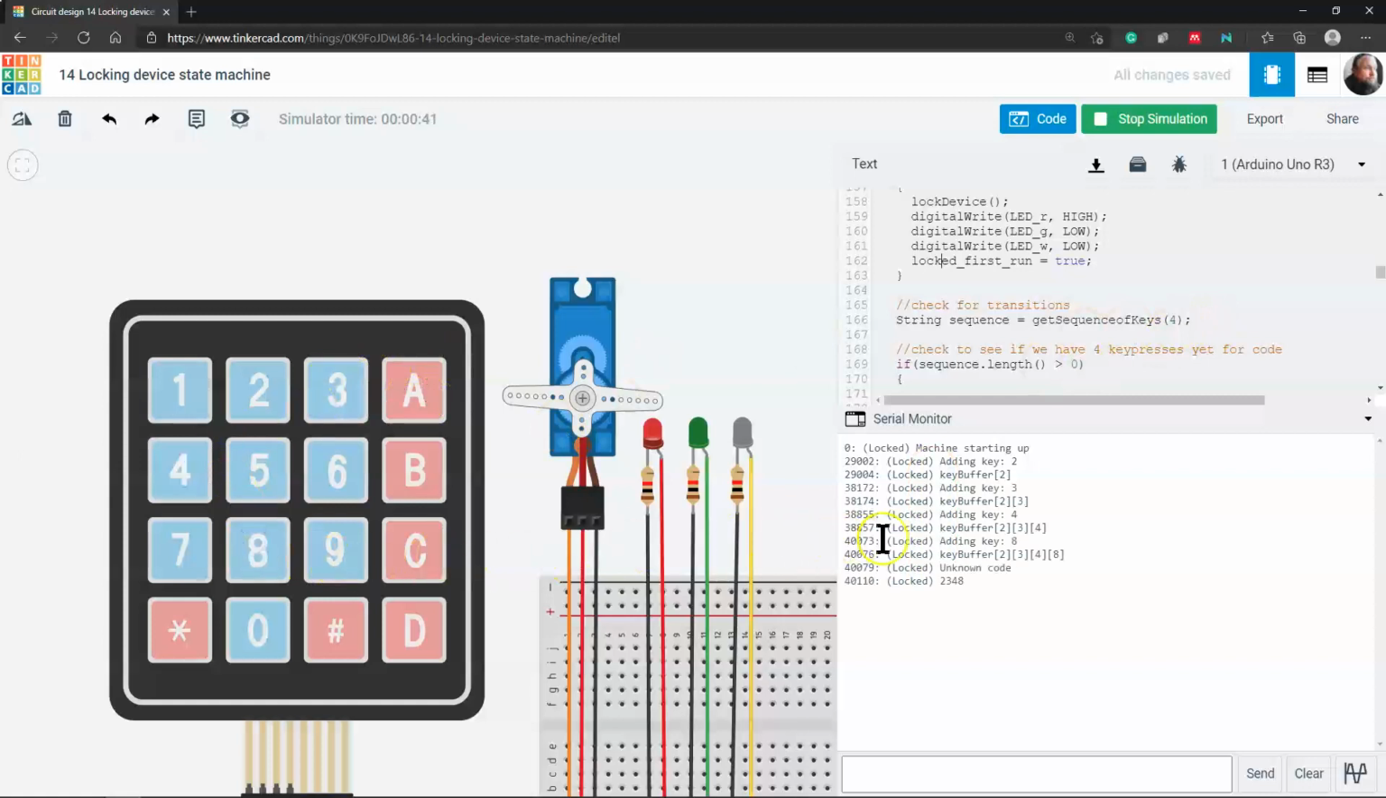Now we finally have the rest of these codes. So you have 2, 3, 4, with 8 going in. You can see it's an unknown code. 2, 3, 4 is what it actually read out, and you see nothing has changed here because we've stayed in the locked state. Versus if I put in that 1, 3, 2, 4,